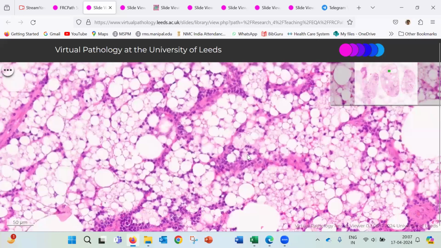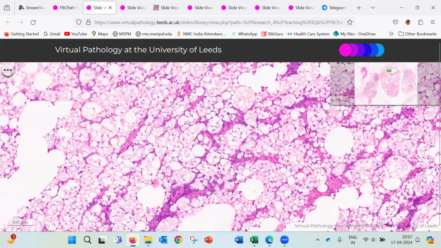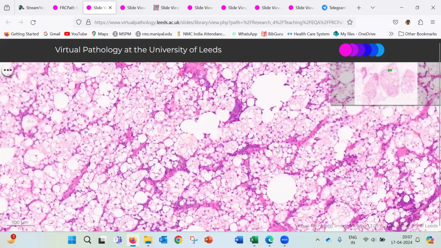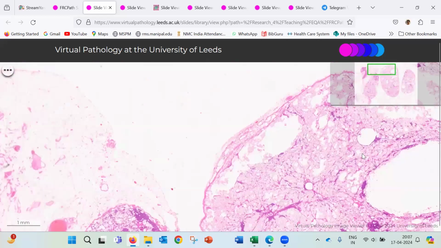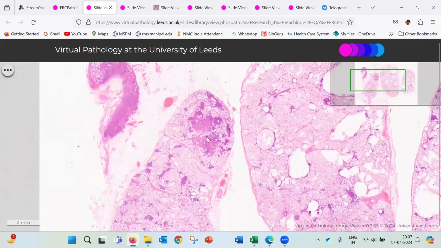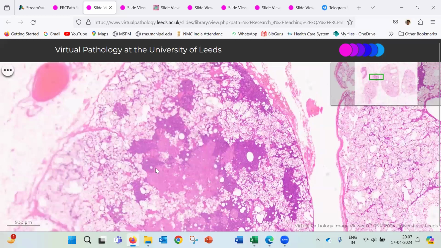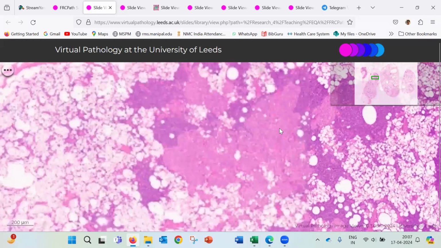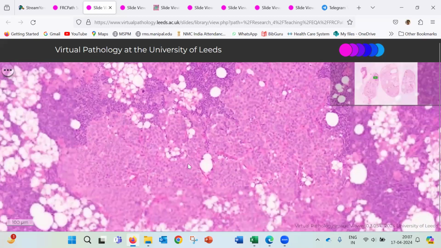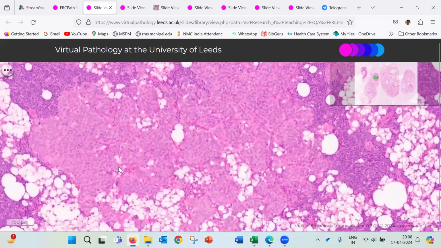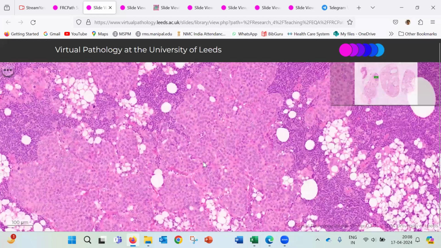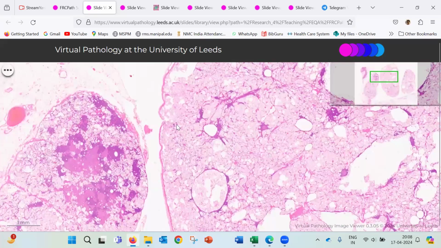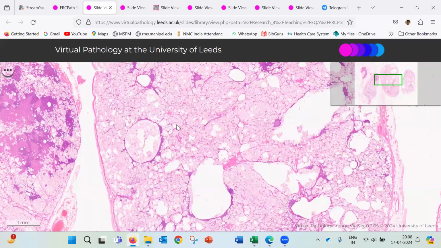So the history that the patient had breast surgery is important. If you go to the other bits, you should not miss that there are other focal areas of metastatic carcinoma, and it is quite low grade in nature. So this is a metastatic breast carcinoma along with a silicone lymphadenopathy. So this is how it is a dual pathology, and